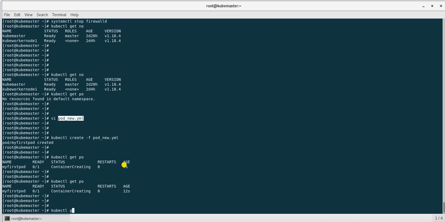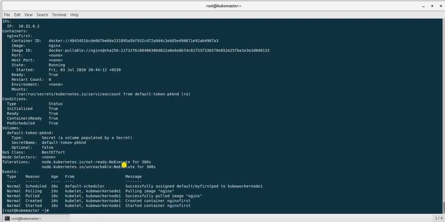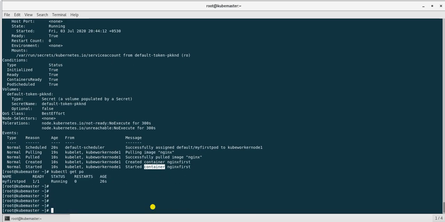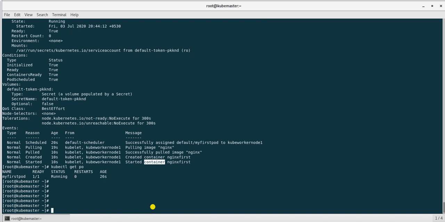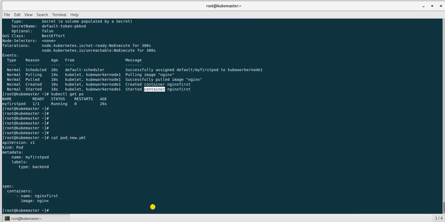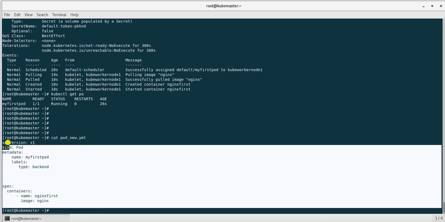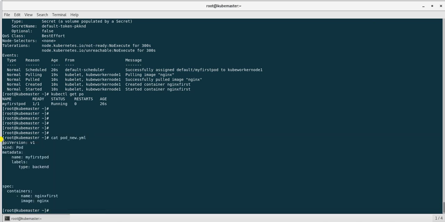Just describe this pod so that we have more detail about the pod. So started. I think it is running. Yeah. So we have created a pod, and this is my pod spec file. We will use this pod as a template in the replication controller spec file.